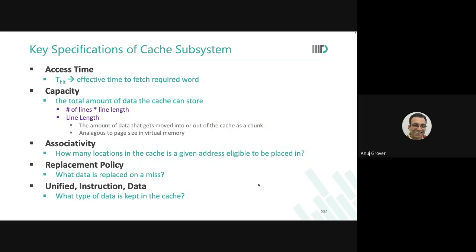All your AI algorithms, CNN, DNN, they're all about a lot of the same instruction happening over a large amount of data. That is also the reason why we are able to talk about in-memory compute and all those things. But in such a setting, you may say that I have a small instruction cache hierarchy and a much larger data hierarchy, because instructions at least can come in very quickly. Are you getting it? So that is the last feature of a cache subsystem that you need to clearly define when you are designing a cache subsystem.